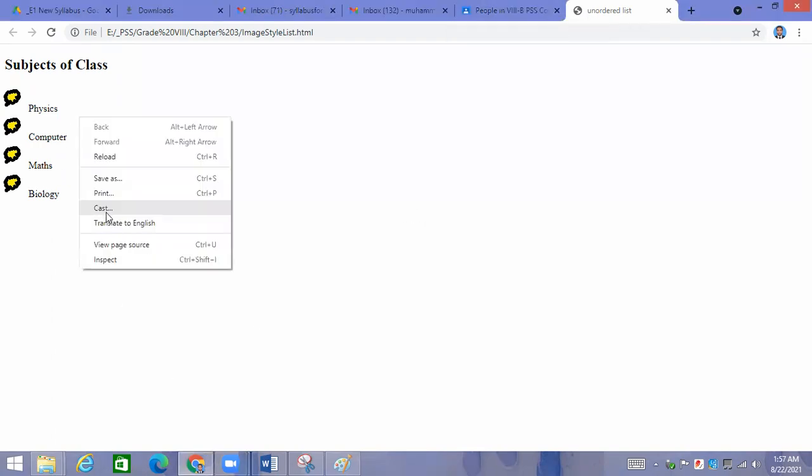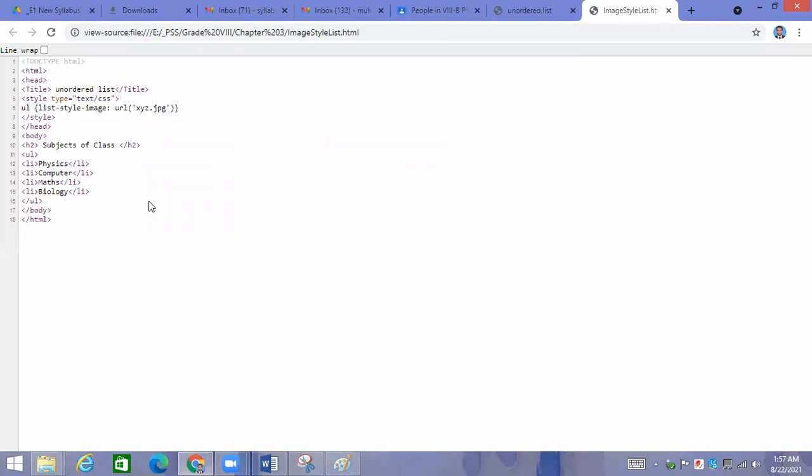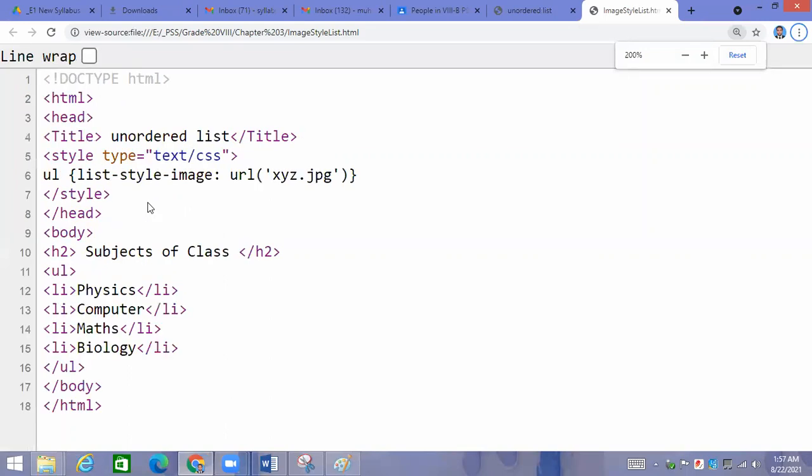So anyway, let me show you this code. Now see over here. You can see that in this unordered list, we are making an image list. I have taken one image in the same folder with the name xyz.jpg. You can take any name. I have taken xyz, but it should be jpg.